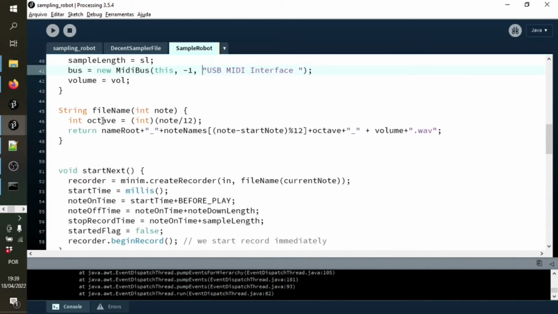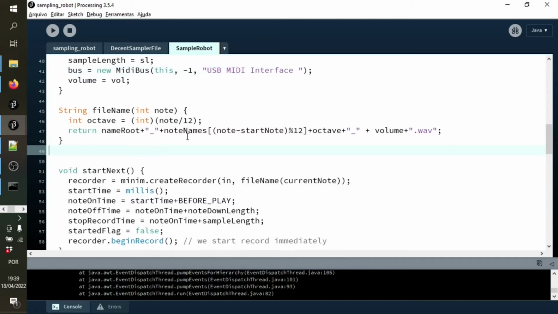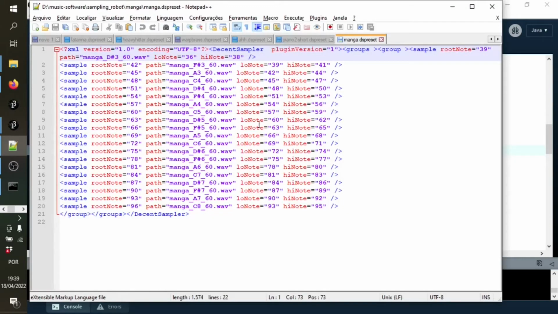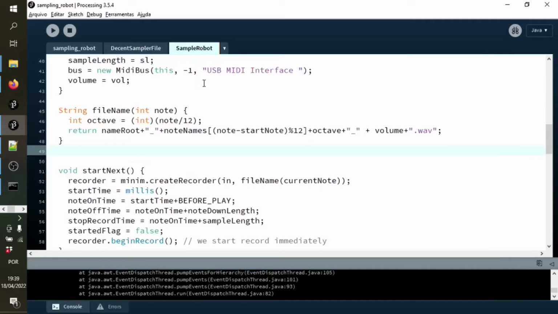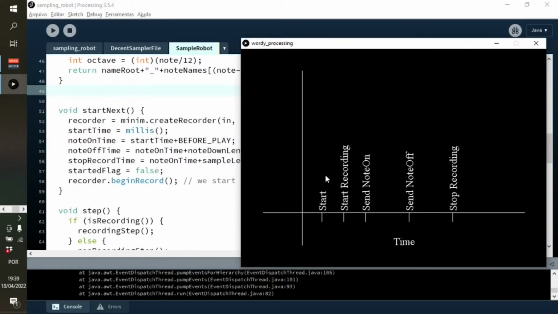There's a method here called file name. That's simply the way of generating, based on the current note we're playing and some of the other pieces of information already in the robot, say in this case, manga_A3_60.wav. So now, to understand this cycle, I hope that's clear, but what's important to realize is that processing is